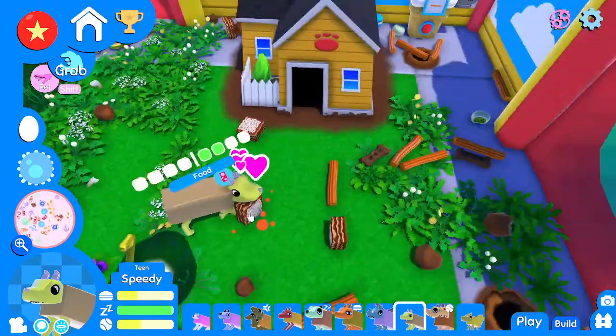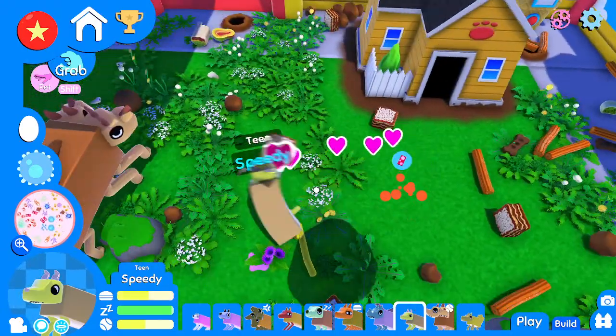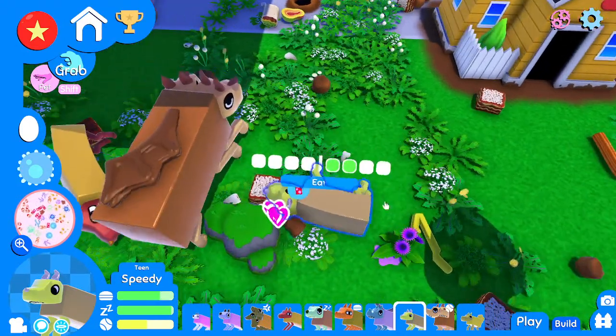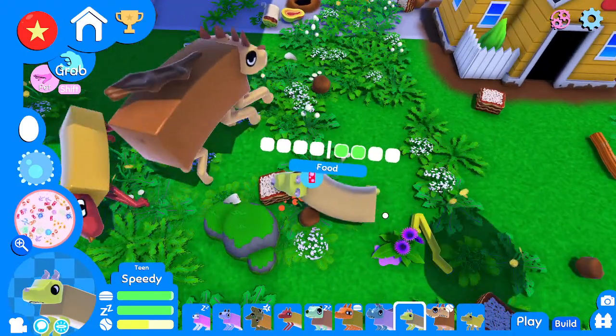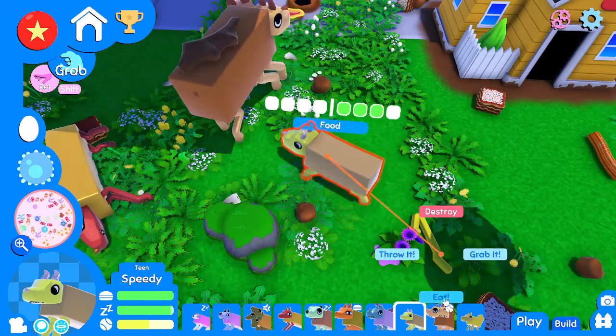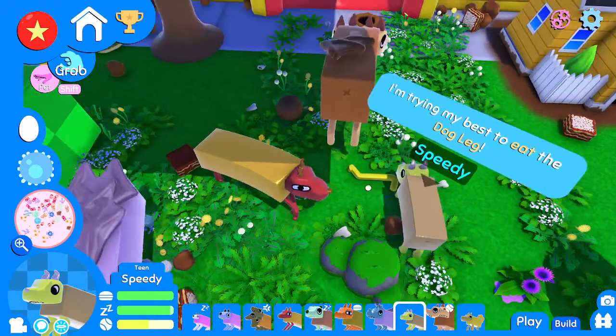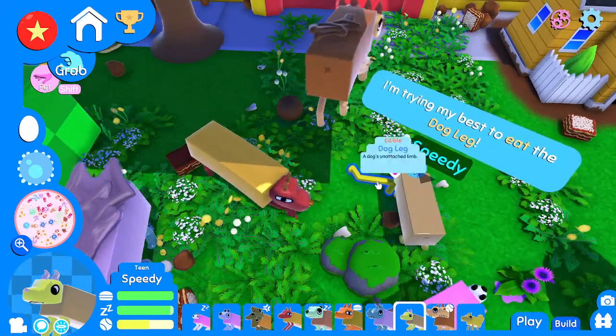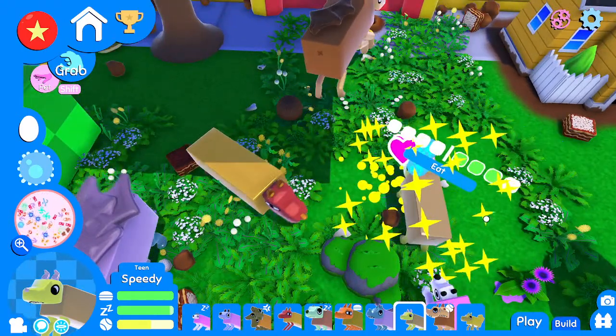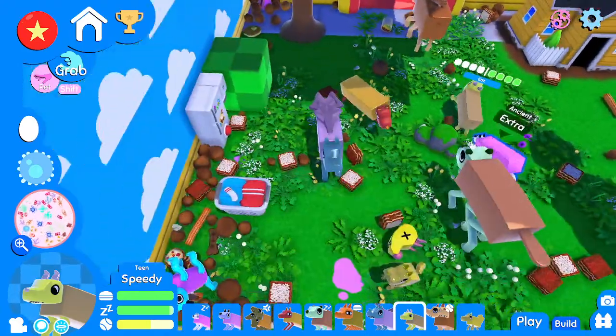There you go. Excuse me, does that look like a dog leg, mate? I don't want you to eat lasagna. I don't need you to be a big dog. Good little bugger, good. Extra smells it all.